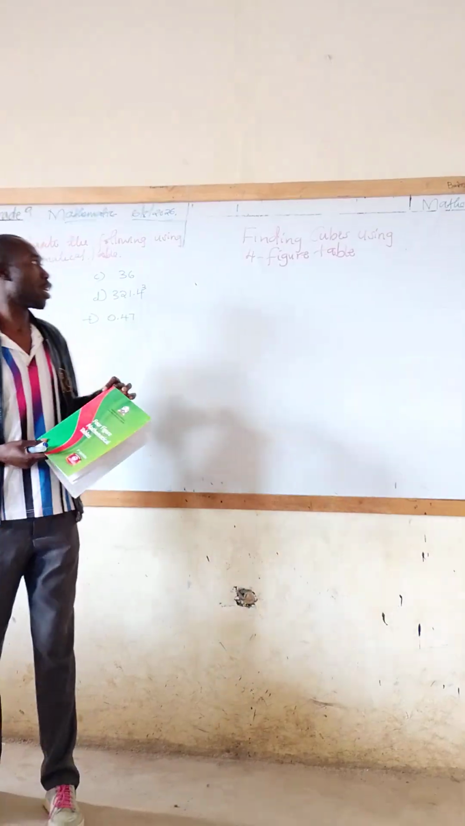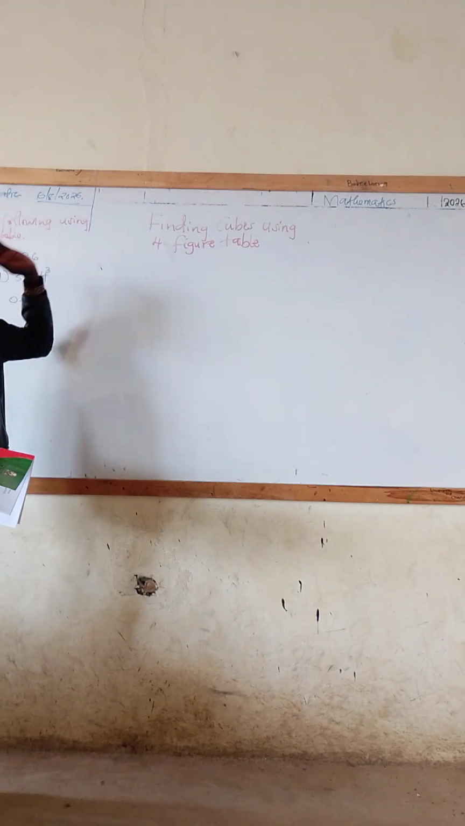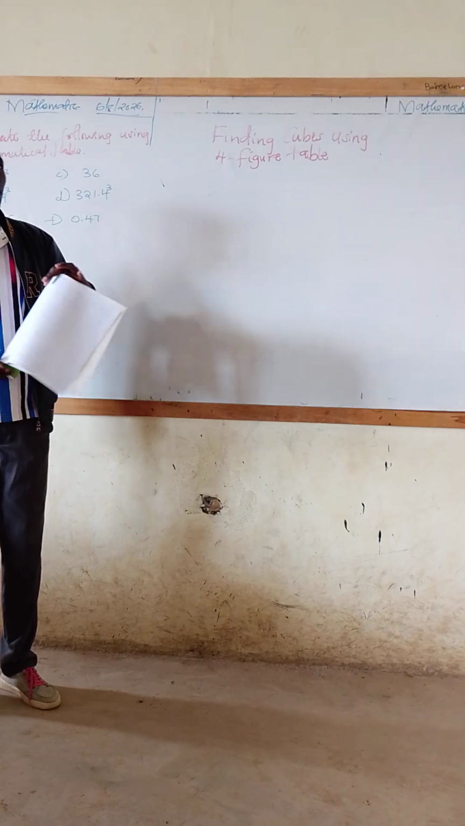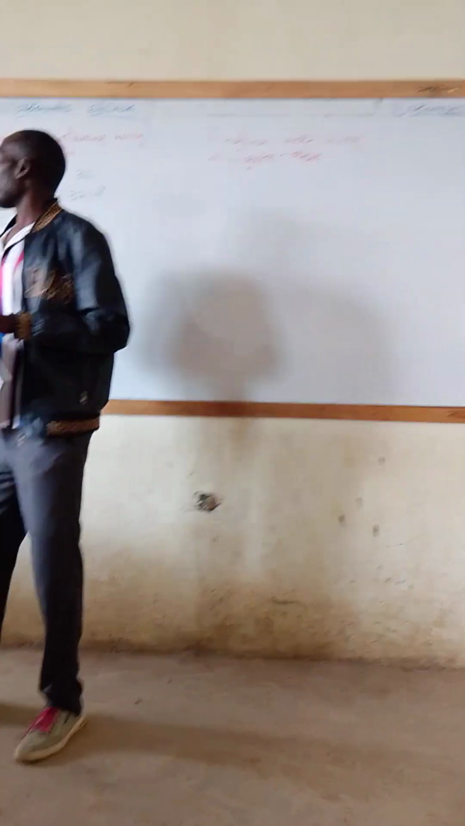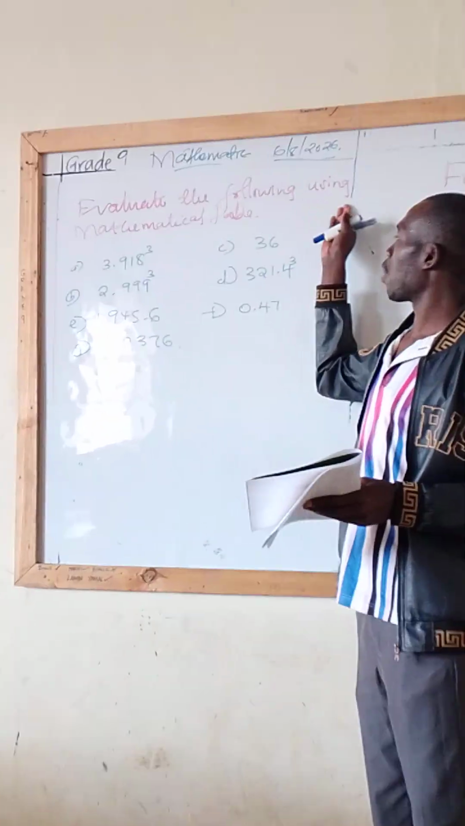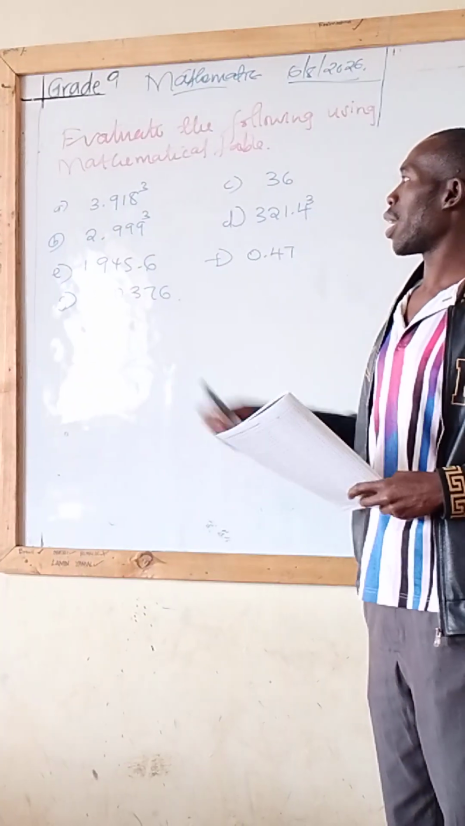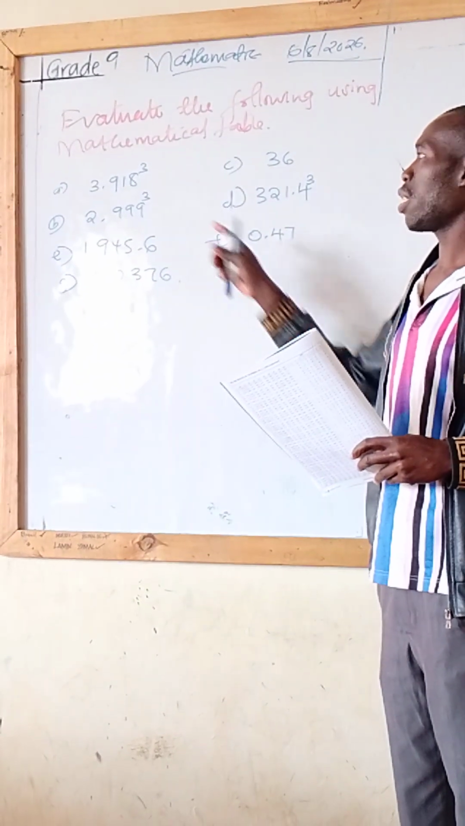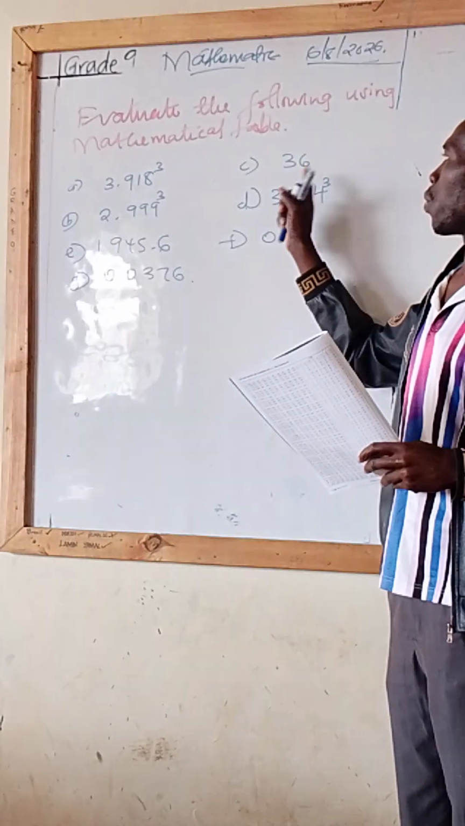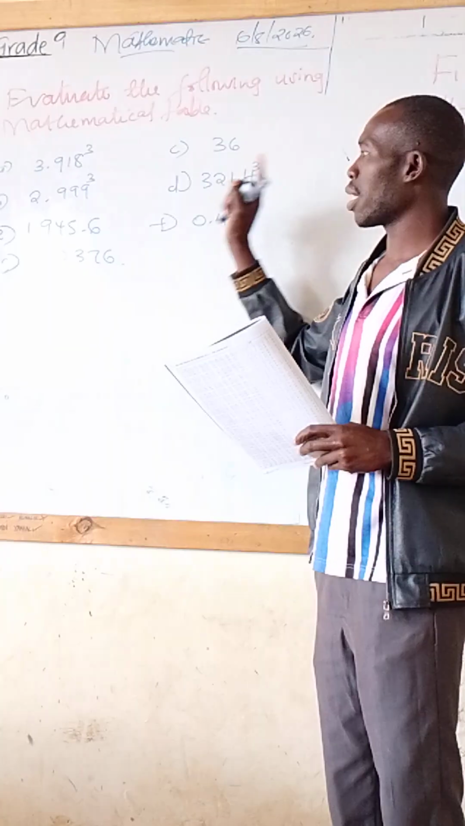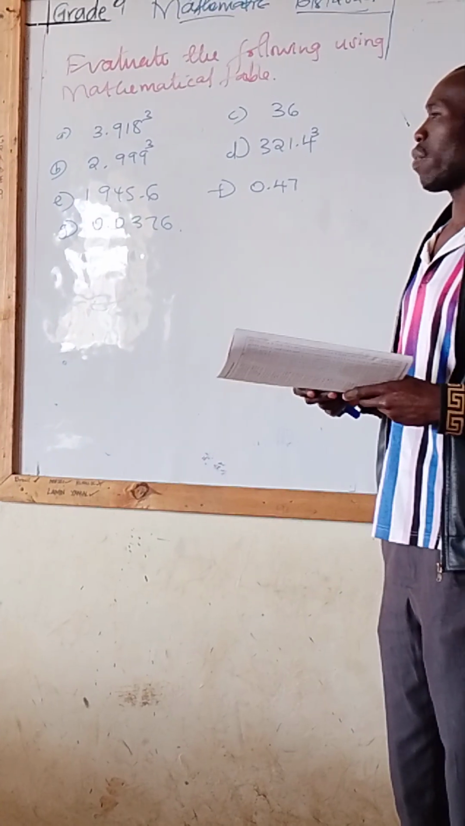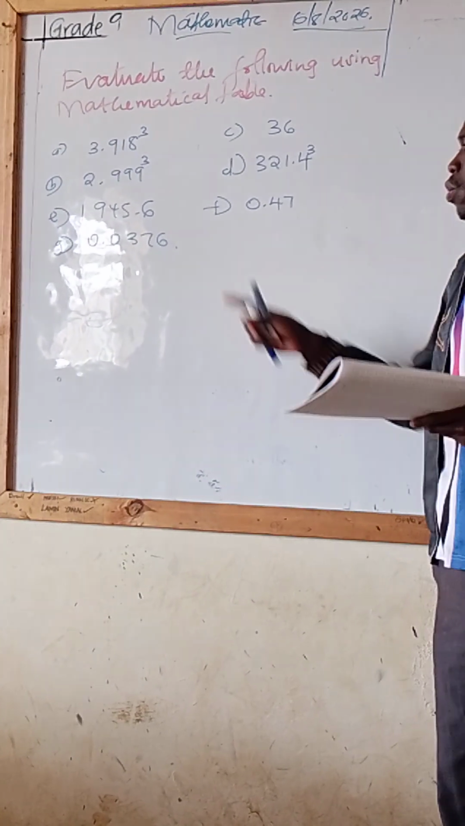So when you want to get the cubes of numbers, and you want to use mathematical four figure tables, we must take on the numbers. For example, we have the numbers here that we want to evaluate. Evaluate the following using mathematical tables. That is 3.918 cube. Then also we have 2.99 cube. Then we have 36. We have 1945.6. Then we have 0.47. Then we also have